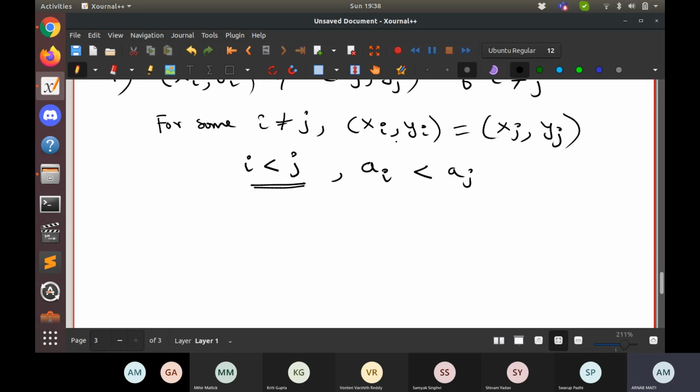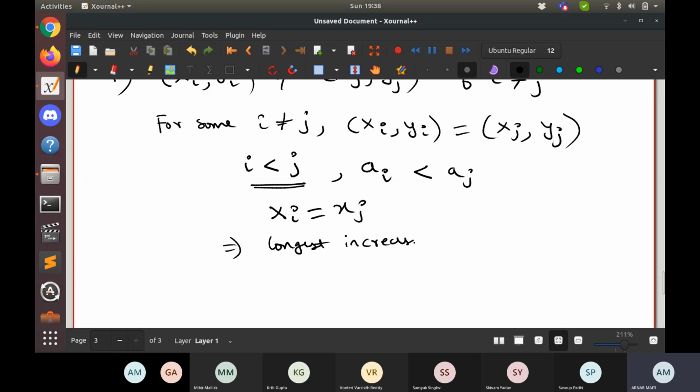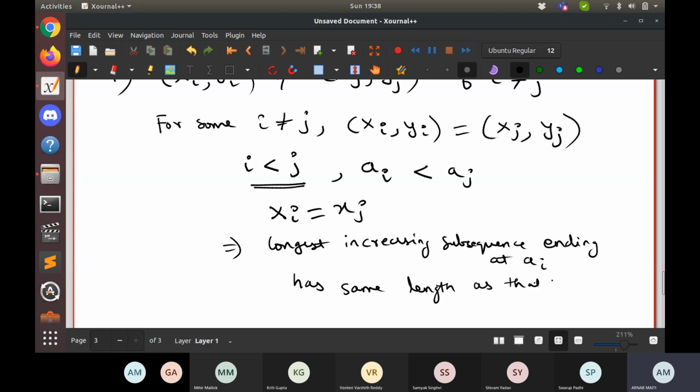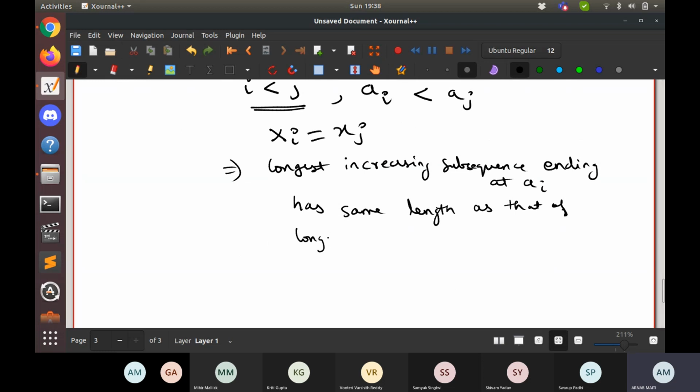Now, we have xi equal to xj, which implies that the longest increasing subsequence ending at ai has the same length as the longest increasing subsequence ending at aj.